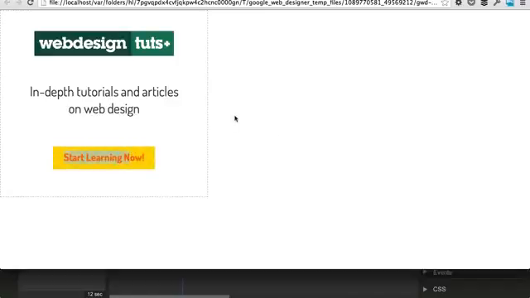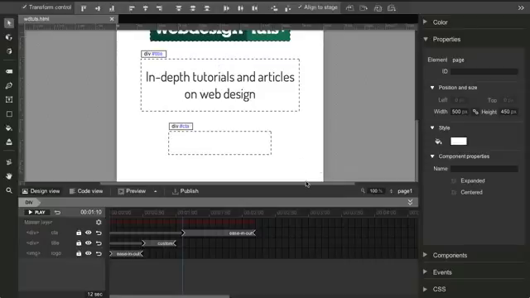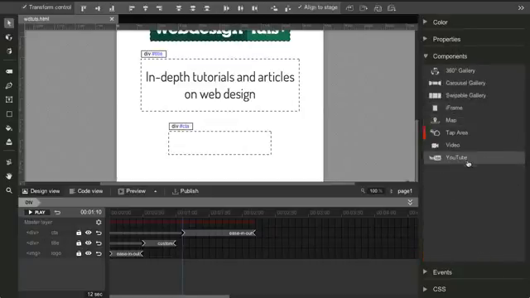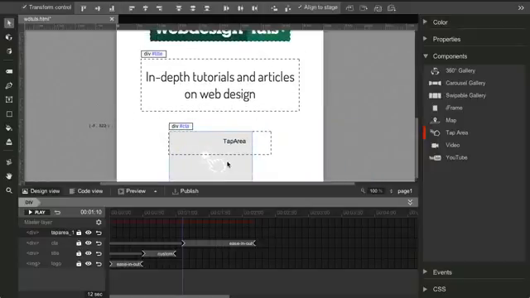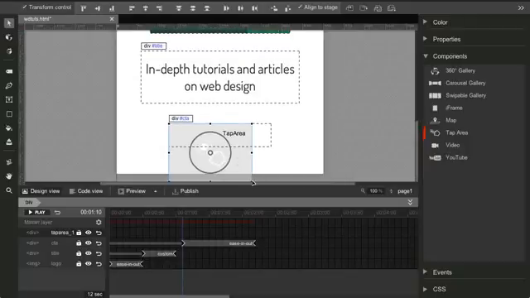All right, pretty good. Now, all that's left to do is actually make this button work. And to do that, probably the best way is to create an action. So what I'm going to do is go to Components. I'm going to scroll down here. Let me just show you. And I'm going to select the tap area. Now, tap area means either click or tap with your finger if you're viewing the ad on a mobile device. So I'm just going to position it over